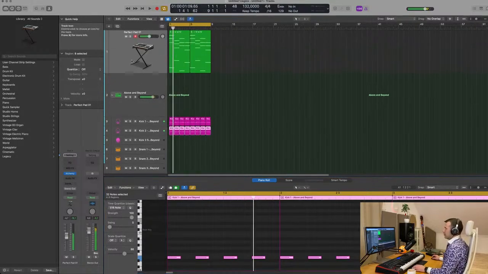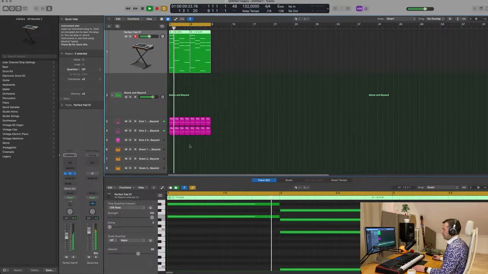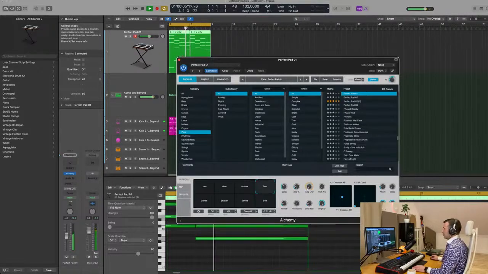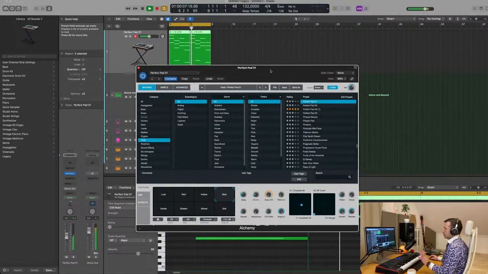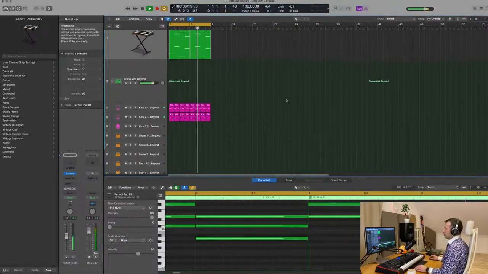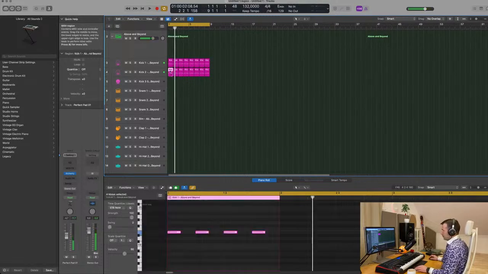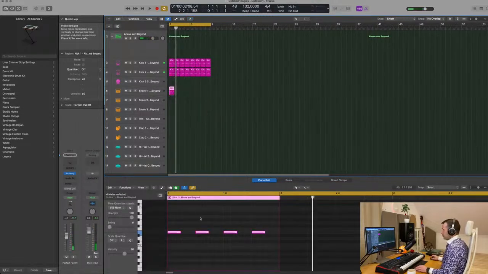Still left to be mixed anyway, so I'm going to take this pad and tone it down. So we can hear the chord, we know it is there, but you know, I don't want to get annoyed by it by the time I start building. So of course, simple snare,